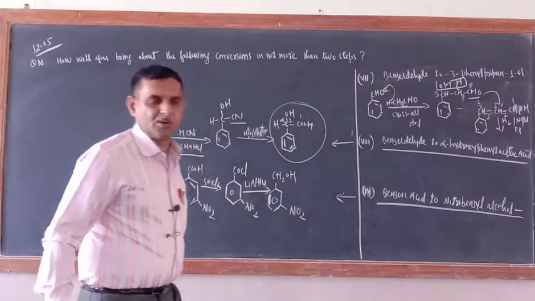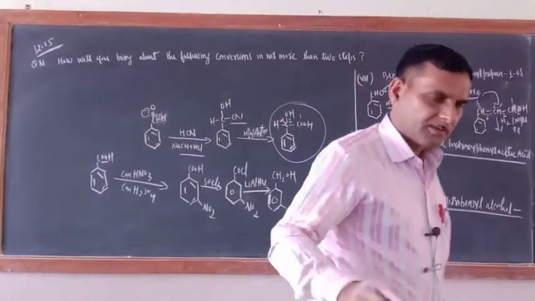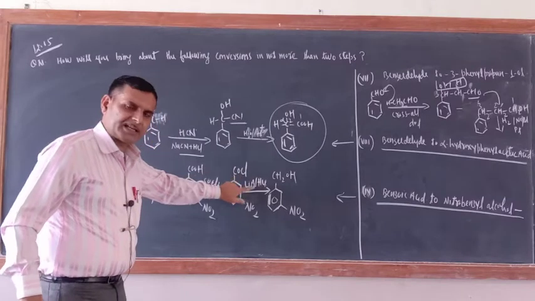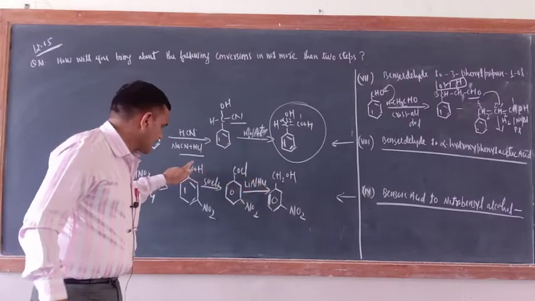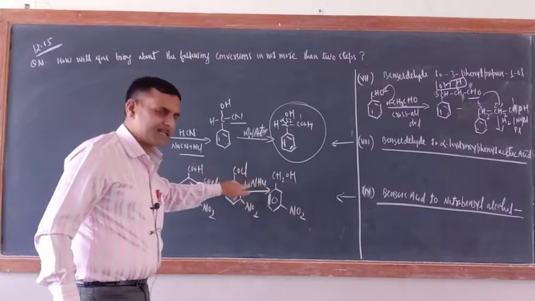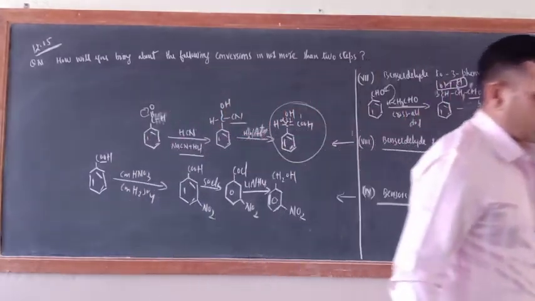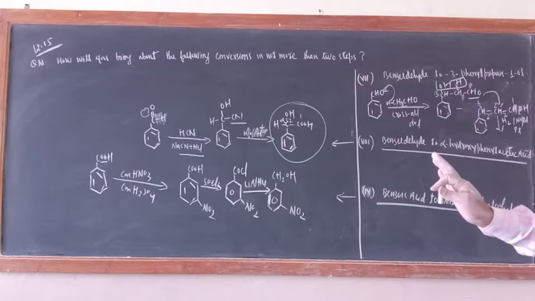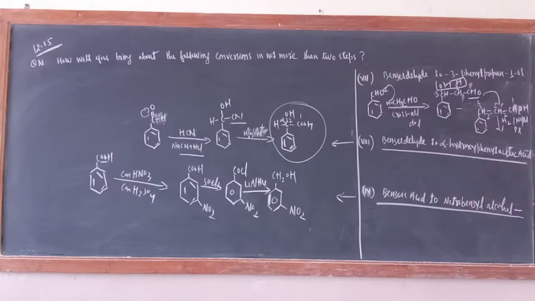Okay, no issue, because the complete reduction product of carboxylic acid is alcohol only. But why did I write this one? Because this is easily reduced as compared to this one. This will get easily reduced. That is why I wrote that one. Okay, as you wish, I don't have any problem. Directly that can also be converted. So in this way this is completely done. There are some more questions which are story type.